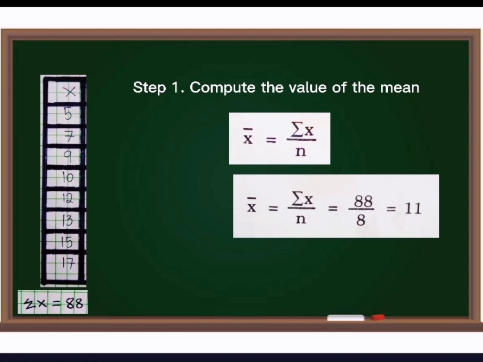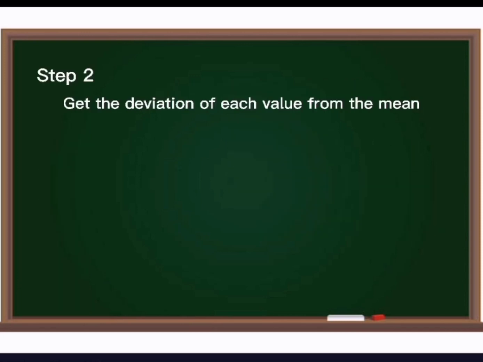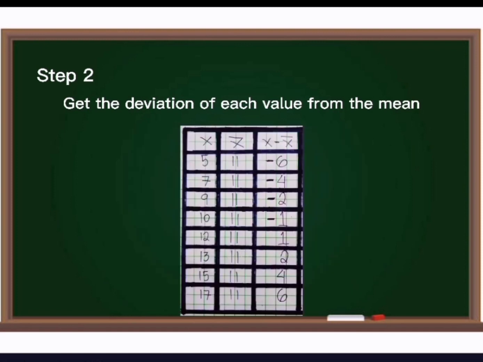Mean is equal to summation of x, which is 88, over n, which is 8. So 88 divided by 8 is 11. Step 2. Get the deviation of each value from the mean. Since our mean is 11, I put 11 in each x value in a vertical column. Given the formula x minus x bar, we have to subtract the mean